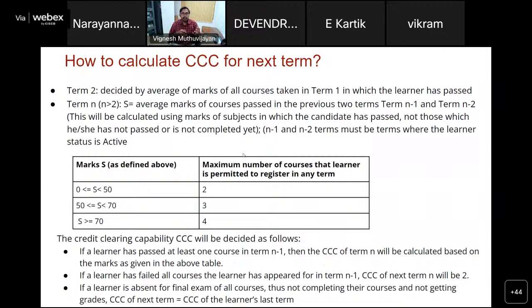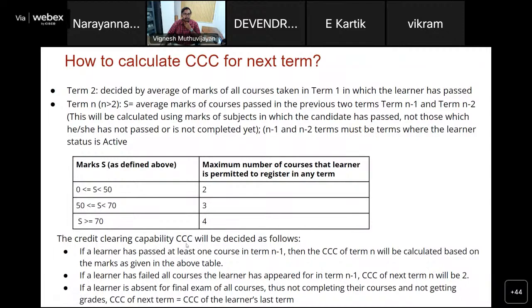Now you're looking at the courses you have passed in the last two terms, and based on that you will calculate the value for S. Depending on the marks you have scored there, your credit clearing capacity will be dictated. It will be 2, 3, or 4 depending on your performance in the previous courses.